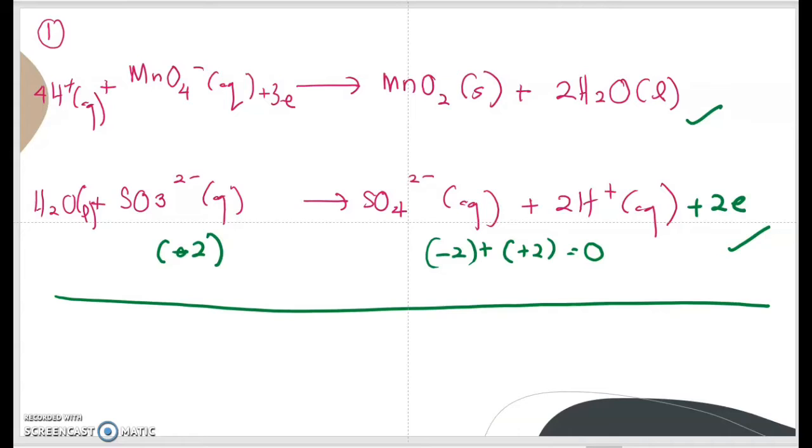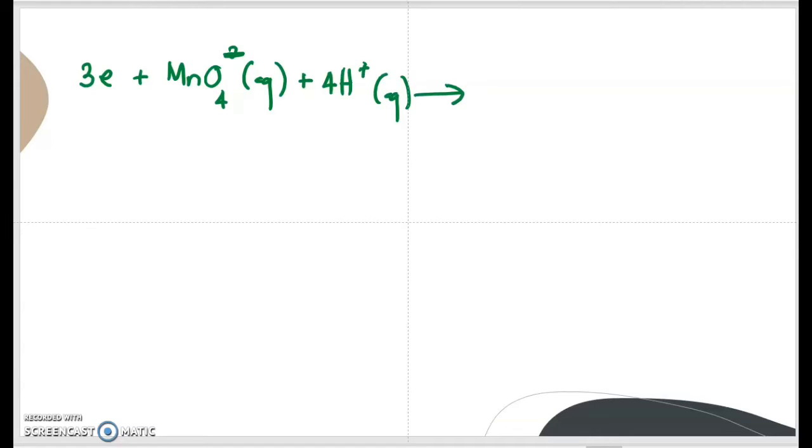So I will rewrite it again. It will become 3 electron plus negative plus become